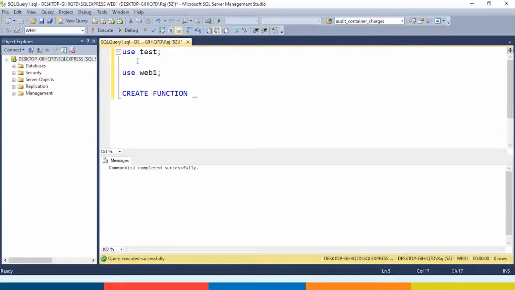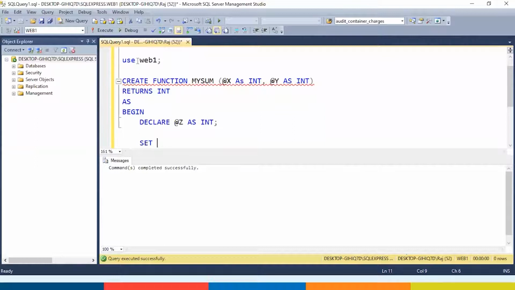The name of the function, say mysum, @x as int, @y as int, returns int, begin, declare @z as int,